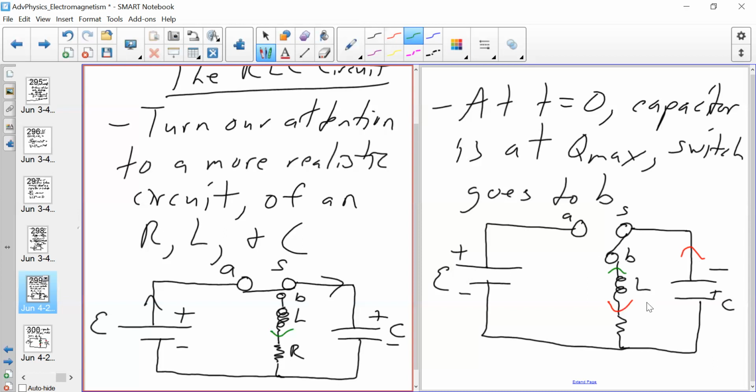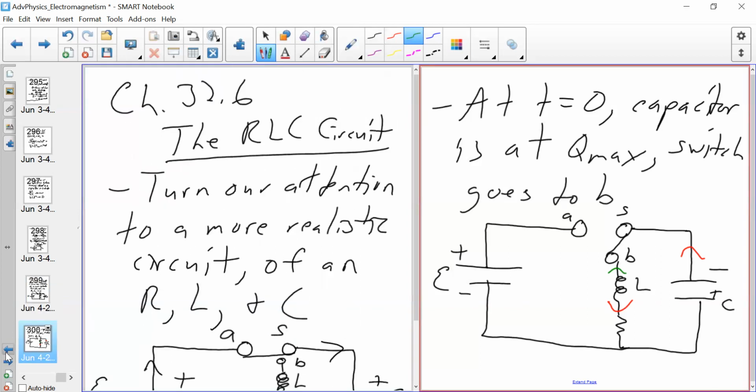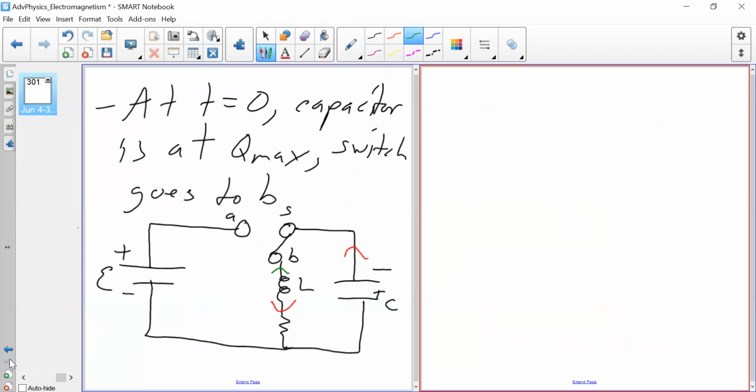So in this case, we have a switch here. It closed at B and the current reverses direction. And yeah, so let me continue with that. Okay, so let me do this. Now, if the switch goes to B, in that case, let's go over here. Switch goes to B. The total energy